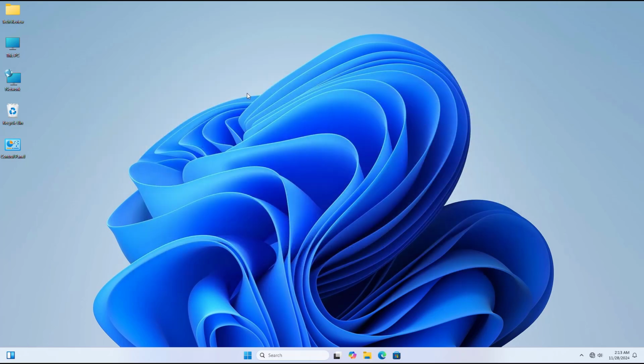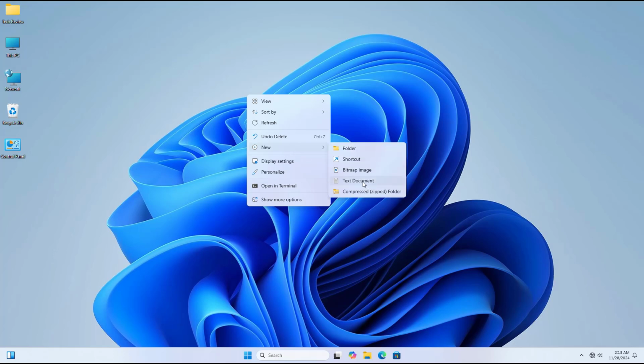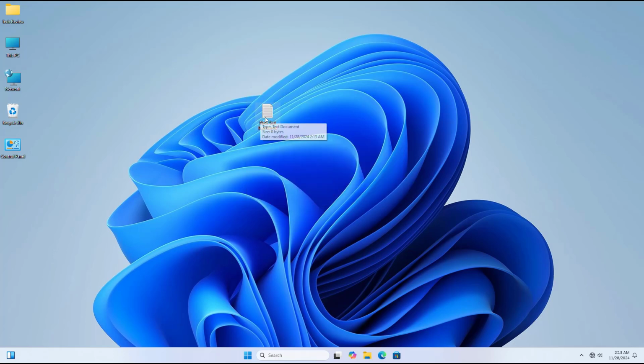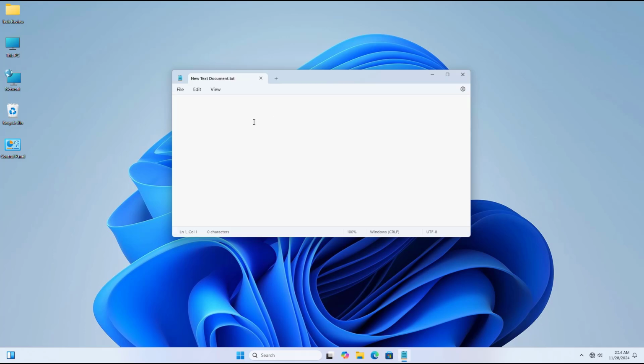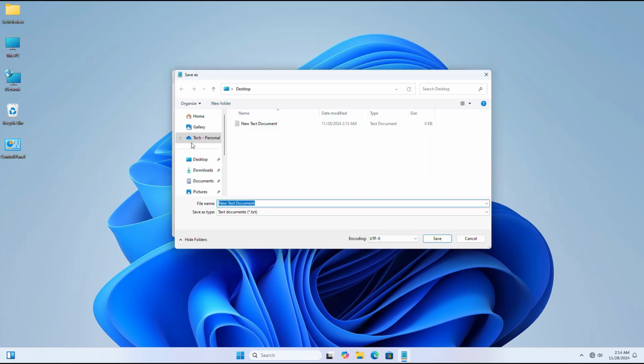Right click on the desktop, click on New, select Text Documents. Now open the newly created text documents. Copy and paste the provided code into the text documents. Click on File, Save As. Now find a location where you want to save it. I am saving it to my desktop. Give a name with .bat. Under the Save As type, select All. Click on Save. Now close the text document